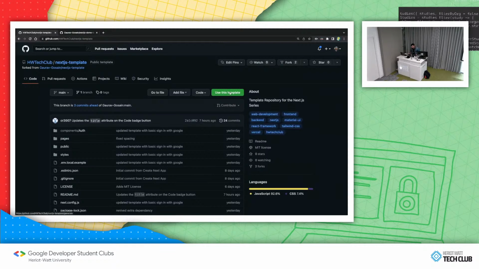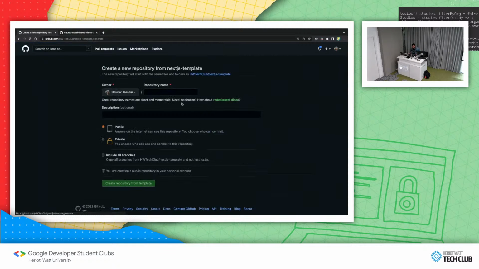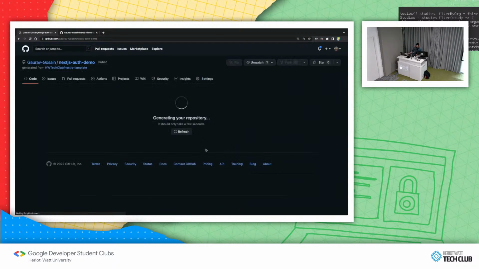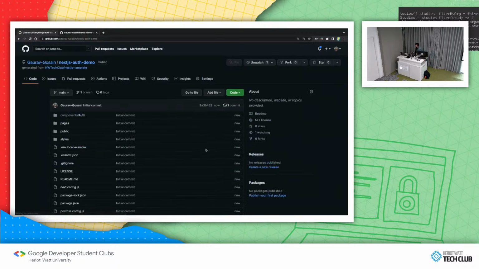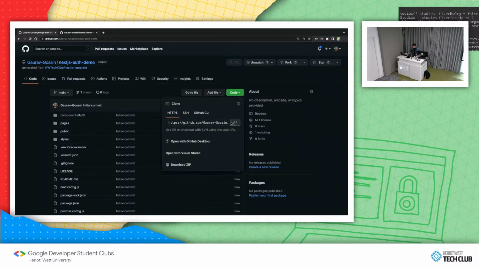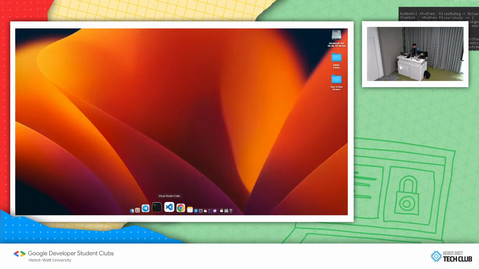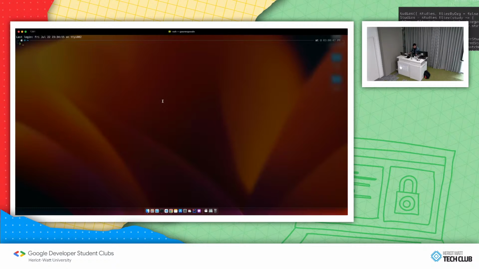Since I have an account, I'll click on use this template. Let's call it Next.js auth demo. Make it public, and checking on that should create your repository on your very own domain, so you can clone it. How you clone it is click on the code section, copy the URL, and if you have Git installed on your system,